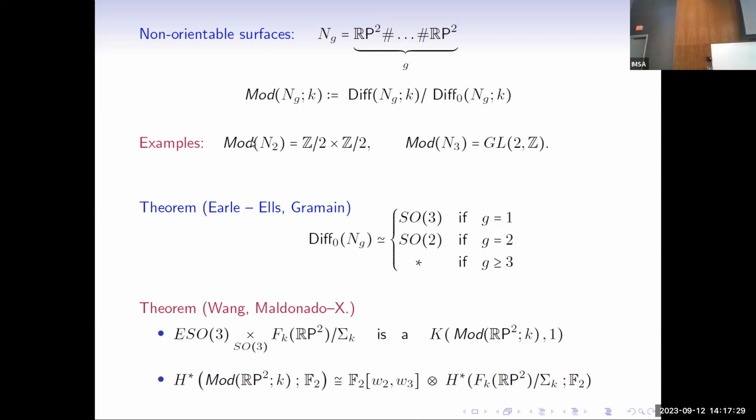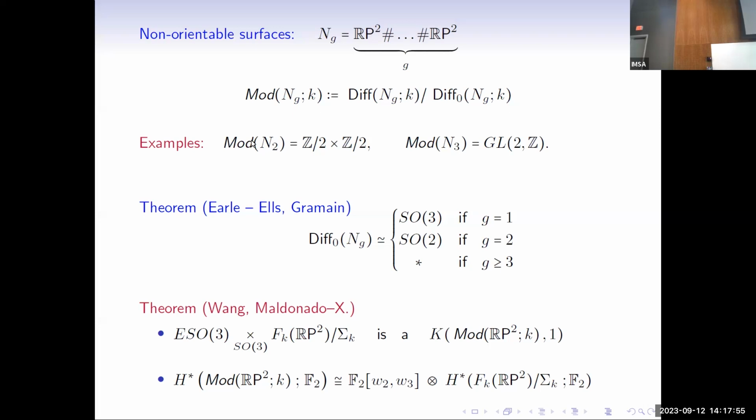In the case of genus 2, we're thinking of the Klein bottle. The Klein bottle can be rotated in one direction. Still, it turns out that Diff zero in this case is homotopy equivalent to SO2, and Diff zero is contractible otherwise. Right? So you can try to think of characteristic classes of surface bundles,